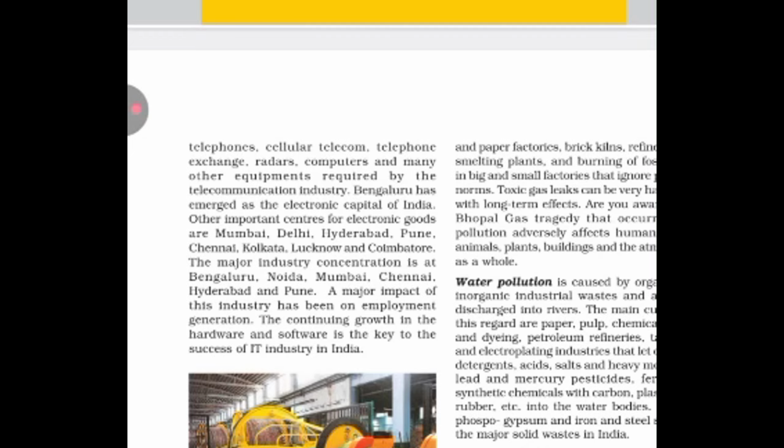They are the major industry concentrations you'll find at the higher level: Bangalore, Noida, Mumbai, Chennai, Hyderabad, and Pune. Those are the smaller ones, and these are the bigger mega metropolitan cities where the core of the IT industry is